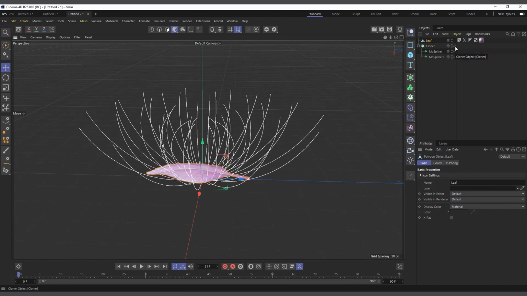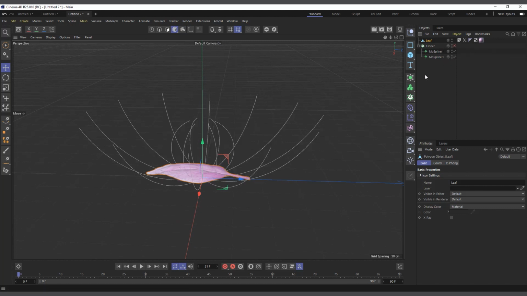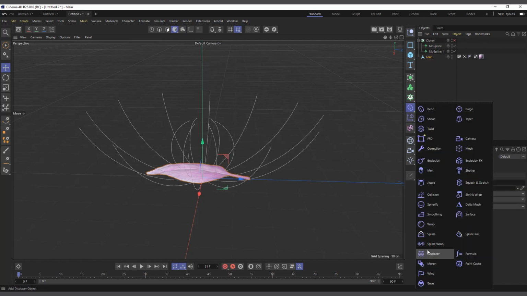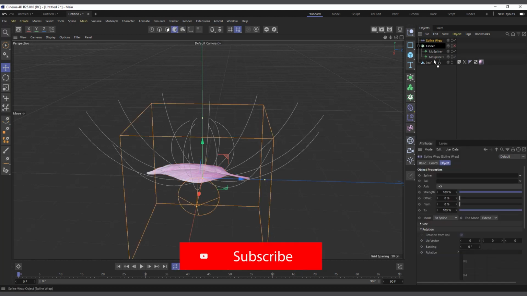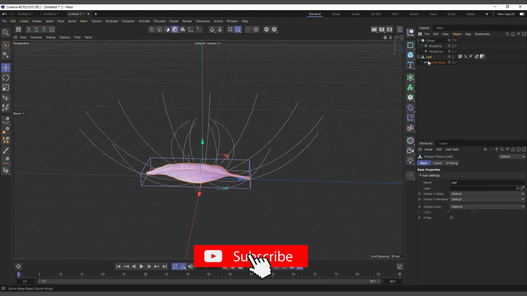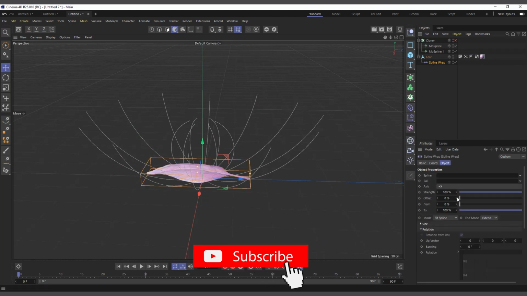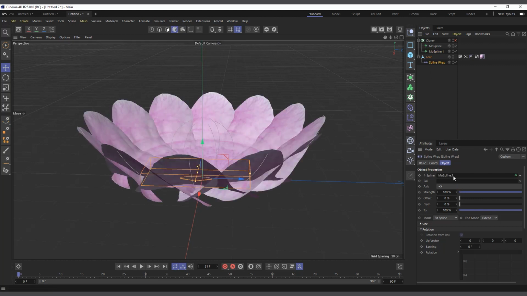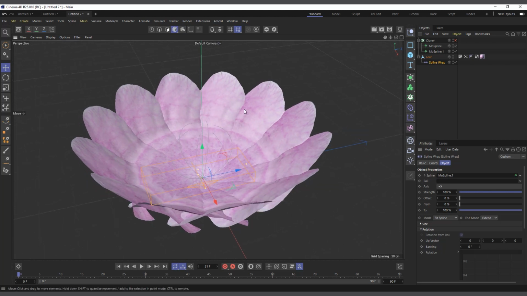spline wrap object. So first of all I'll disable the clone, and now I'll come to our deformers and I'll use the spline wrap. I'll make it a child of our leaf, right? And it will ask us which spline we want to wrap this leaf on, and I'll say this MoSpline. So I'll put the last one in here, and you can see it's wrapping all the leaves on this